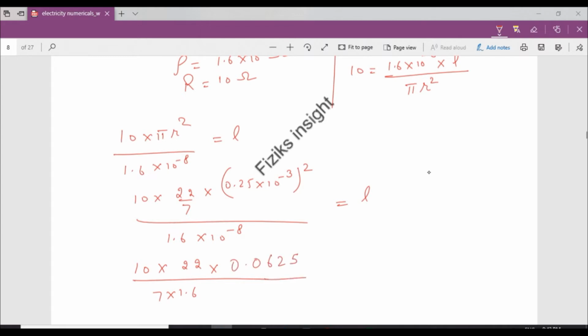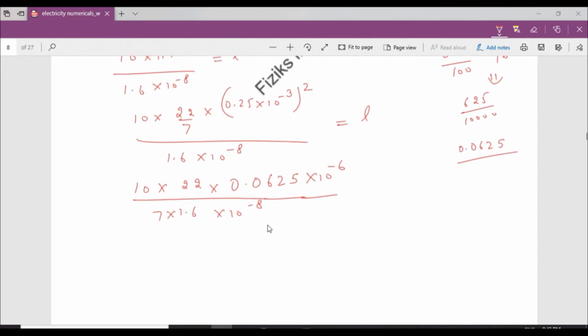Now you will say that sir is doing very fast calculation, but you can also do the same. We multiply 0.25 with 0.25. Just write it like this: 25 into 25 is 625, and here we have 4 places after the decimal point, so we place the decimal accordingly. That's why I have evaluated it like this.